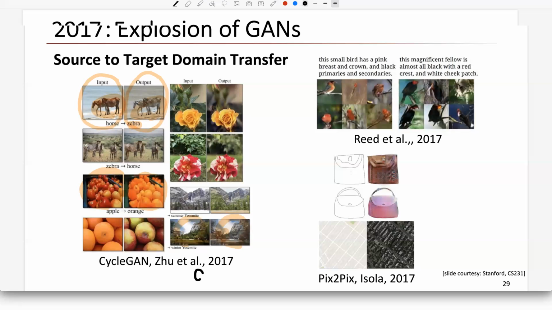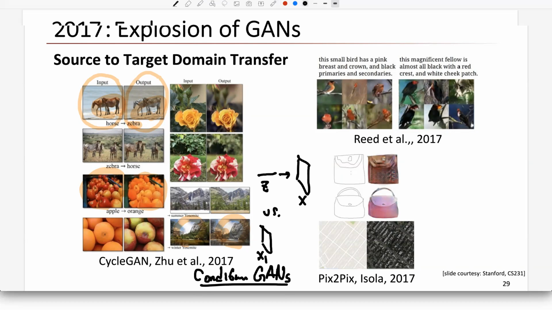Actually, this is the conditional GAN. The main difference between the previous one and this one is that previously we just started from the chat to image, but in this case, we start from the domain 1 image to the domain 2 image, like this. Anyway, this is one example of the